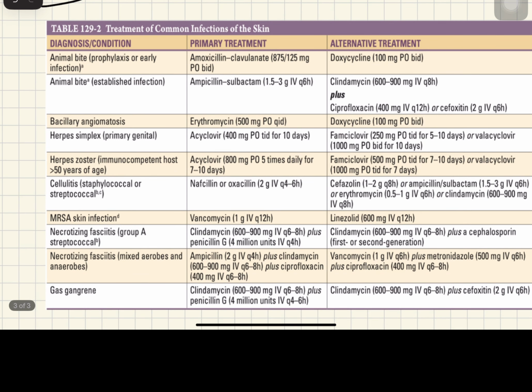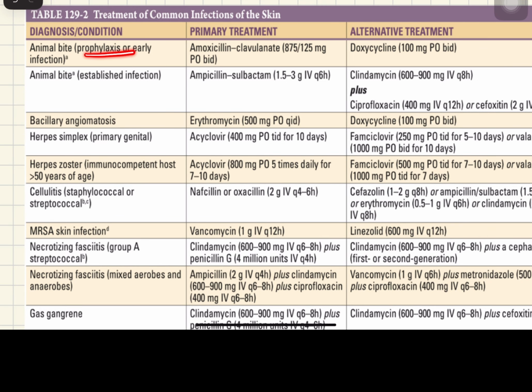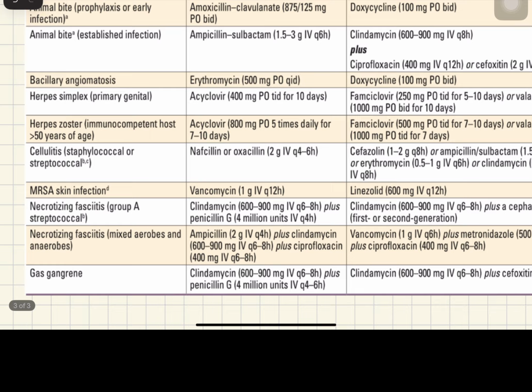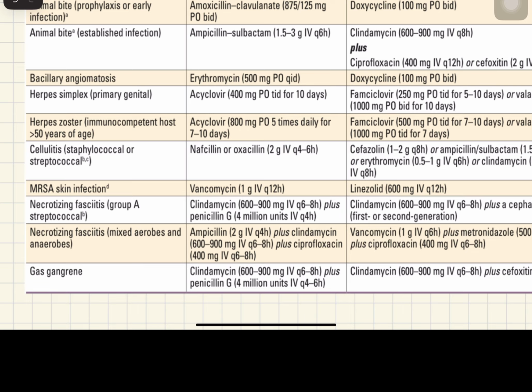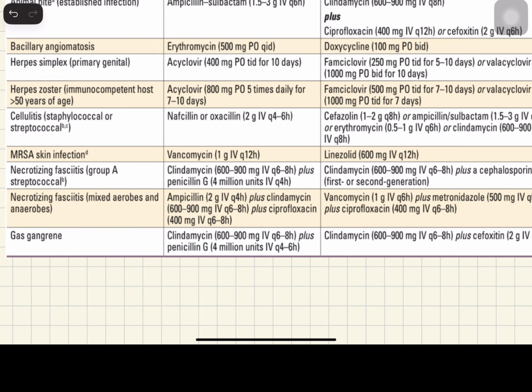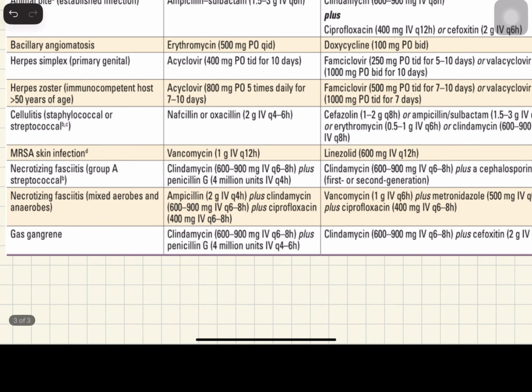Treatment. If the diagnosis is animal bite, for prophylaxis or early infection, the first line will be amoxicillin plus clavulanate. Alternative treatment is doxycycline. For animal bite with established infection, first line is ampicillin plus sulbactam. Alternative is clindamycin plus ciprofloxacin. If the diagnosis is bacillary angiomatosis, first line is erythromycin and alternative is doxycycline. If the diagnosis is herpes simplex primary genital or herpes zoster, then the first line will be acyclovir and the alternate will be